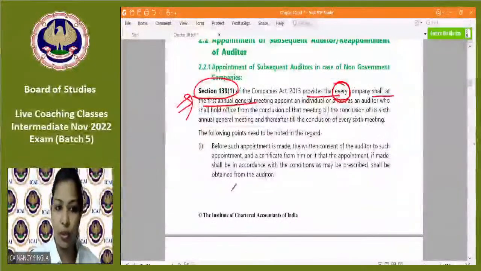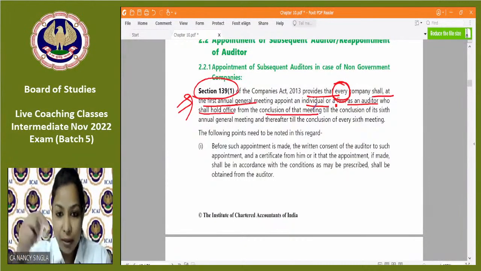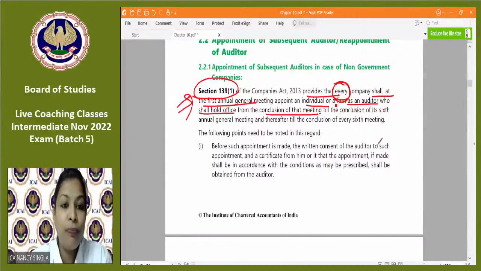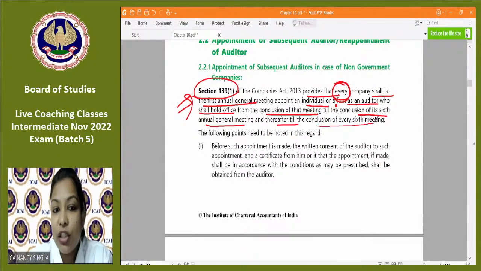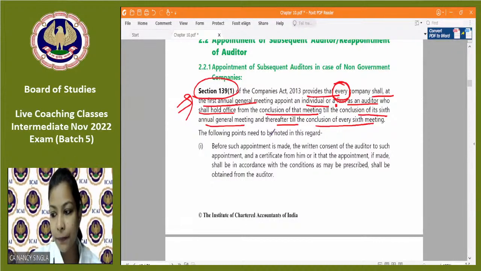तो एवरी कंपनी को फर्स्ट एजीएम पे किसको अपॉइंट करना है, सब्सिक्वेंट ऑडिटर को। An individual or a firm as auditor who shall hold office from the conclusion of that meeting, उस मीटिंग को फर्स्ट एजीएम मानो, till the conclusion of the sixth AGM and thereafter till conclusion of every sixth AGM, ठीक है। तो हर सिक्स्थ एजीएम पे अपॉइंटमेंट होगा, ठीक है। द फॉलोइंग पॉइंट्स नीड टू बी नोटेड, ऊपर लिखा था ना टेबल में, सब्जेक्ट टू फुलफिलमेंट ऑफ सर्टेन कंडीशंस, सो व्हाट इज दिस।